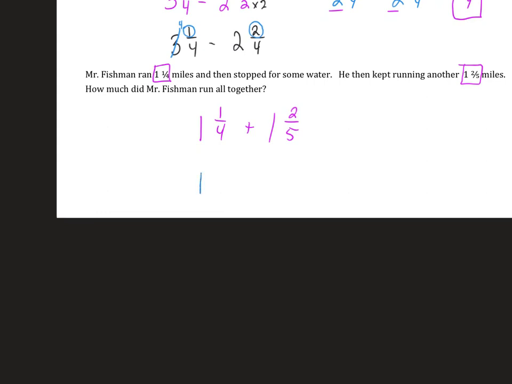So I'm going to rewrite it, my 20 on the bottom, multiply the top and the bottom by 5. I'm going to do the same here. 5 times 4 is 20, so 2 times 4 is 8. Now I can just add those together. 1 and 1 gives me 2. 5 and 8 gives me